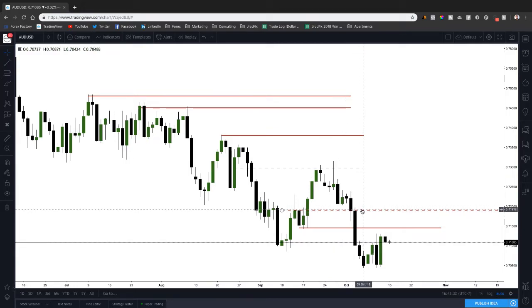So the fact that we got below this low, I'm under the impression that they're going to hold this level, so 71.40 to 71.50. I'm expecting them to just keep that as resistance. We shouldn't really see them go too much above that if this thing is going to continue lower. Now, if it's going to continue higher,